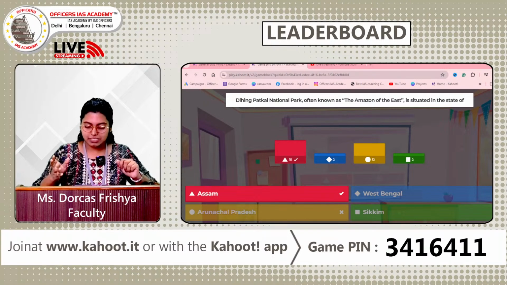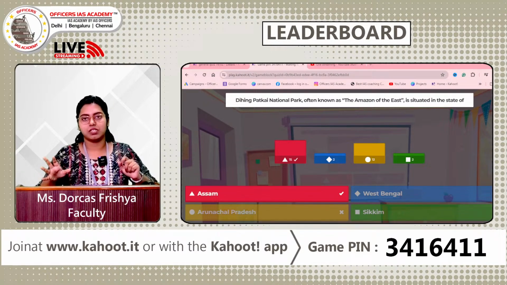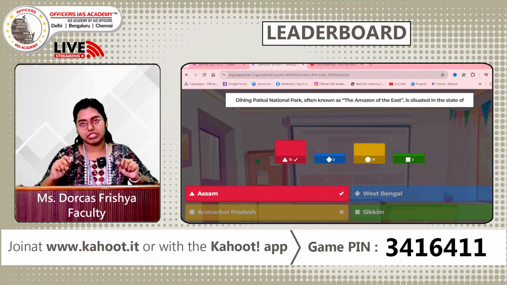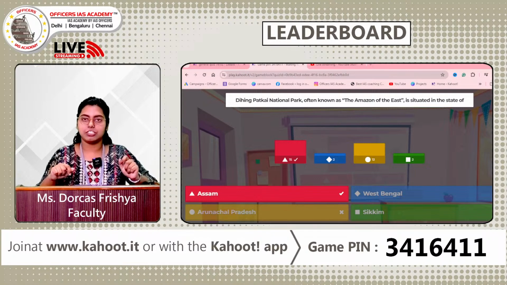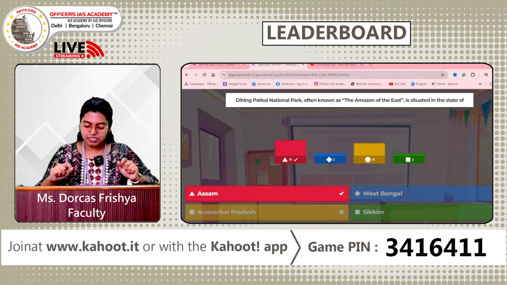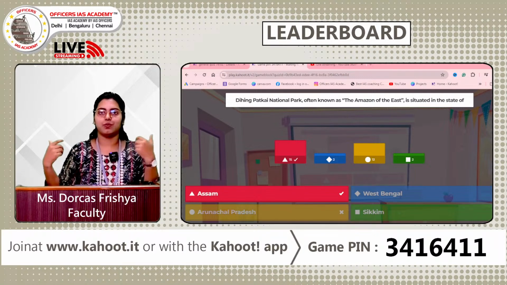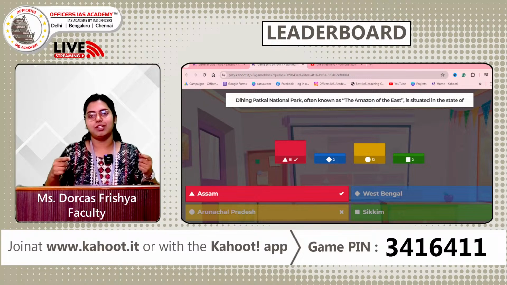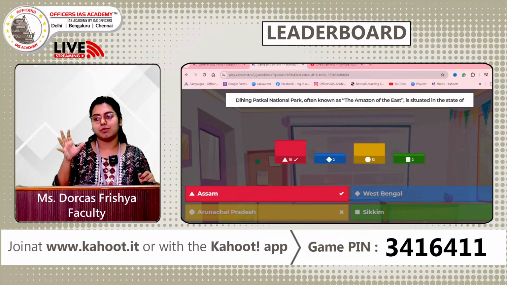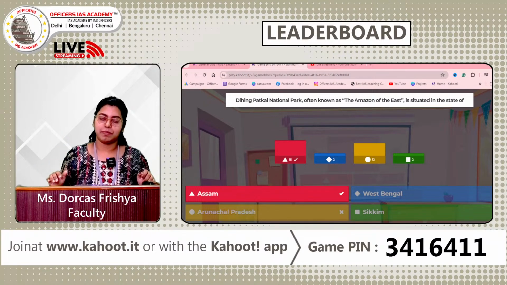Actually, why is it called the Amazon of the East? Because it has a very thick forest cover. It is an evergreen rainforest as well, and it has a high concentration of endangered species. One of which is the white winged wood duck. Actually it looks very pretty. If you Google it and see, the wings have a white color pattern, so it looks very beautiful. It is an endangered species, and it is mostly present in this particular national park, and therefore we